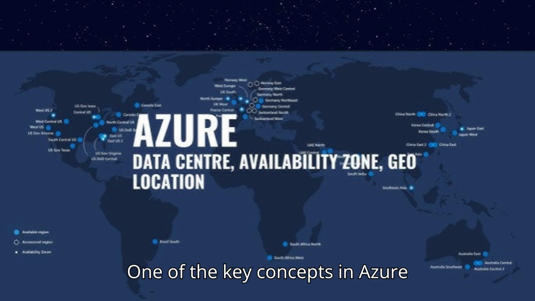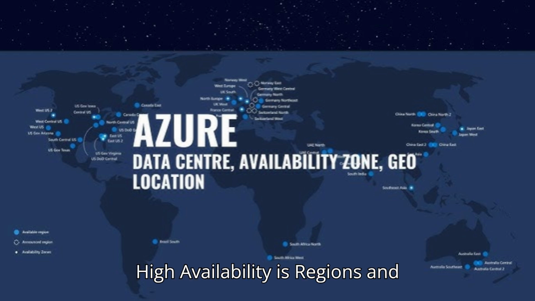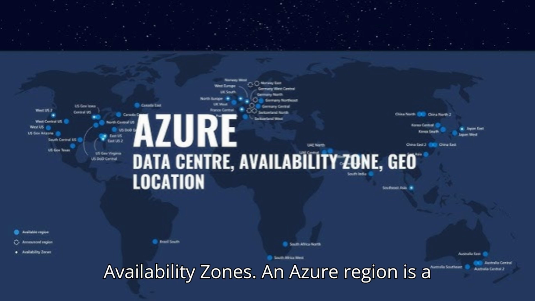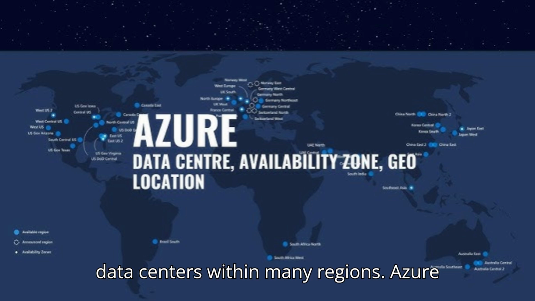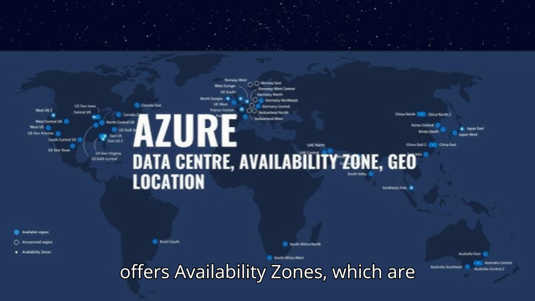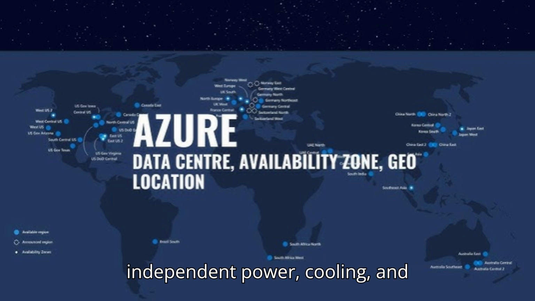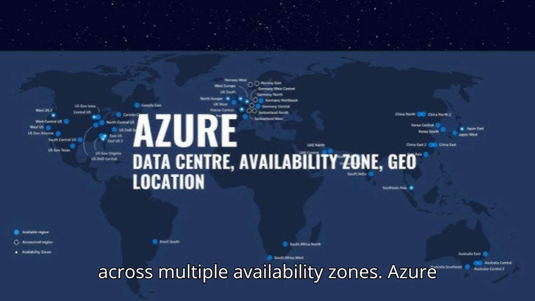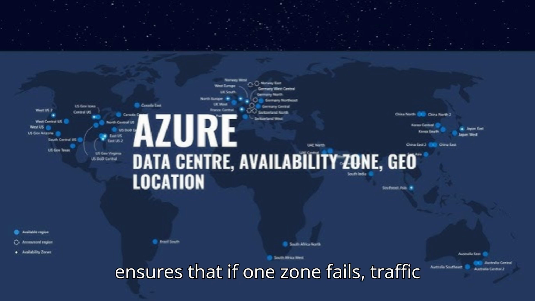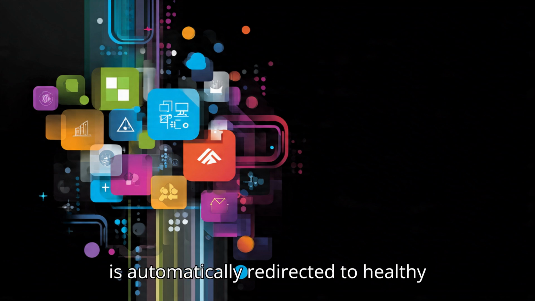One of the key concepts in Azure High Availability is regions and availability zones. An Azure region is a geographical area containing one or more data centers. Within many regions, Azure offers availability zones, which are physically separate data centers with independent power, cooling, and networking. By deploying applications across multiple availability zones, Azure ensures that if one zone fails, traffic is automatically redirected to healthy